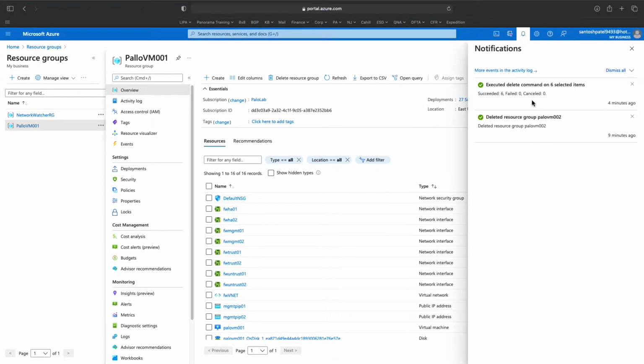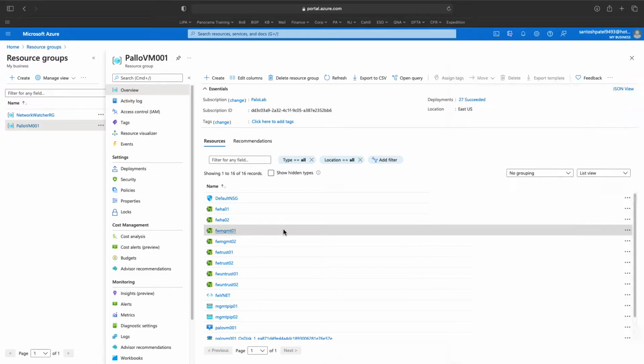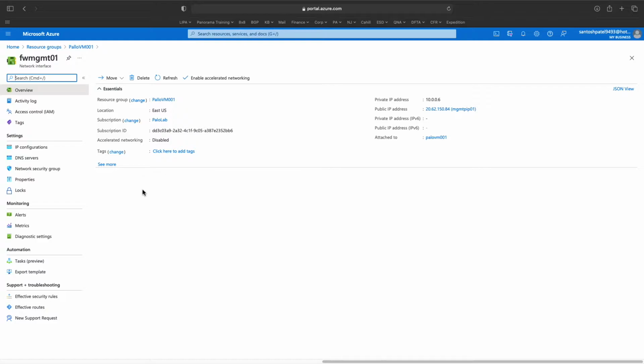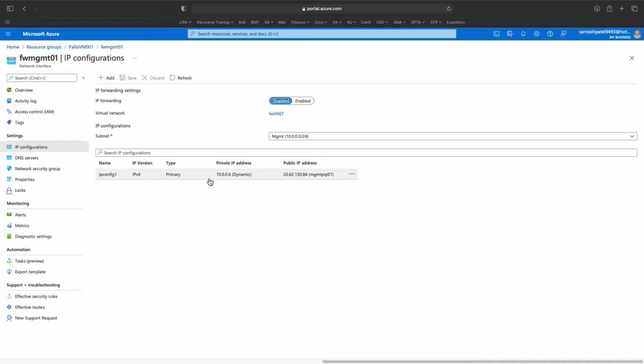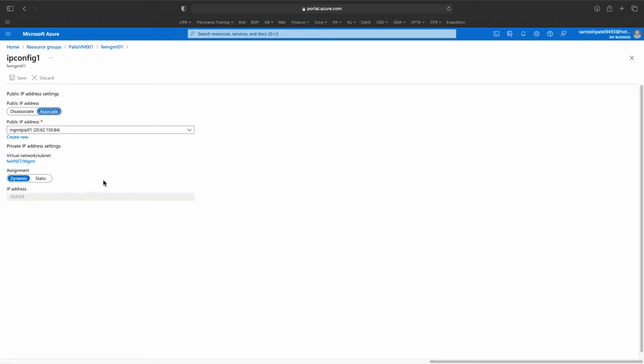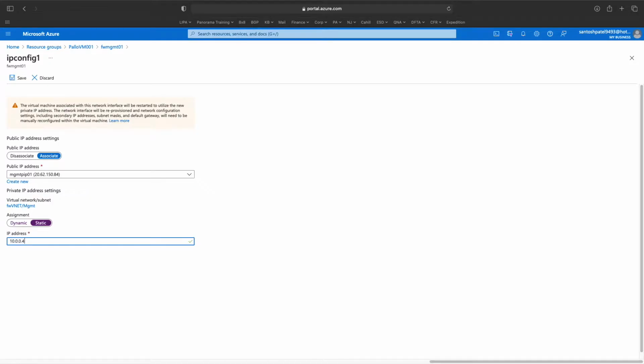All right, so all the network cards are removed, and let's go back and do the static IP address assignment, right? So firewall management 1, go to IP configuration. This says dynamic, so if the firewall reboots, you never know if it's going to use this specific IP or a different IP. We're going to make sure that we specifically select the IP address we want on each NIC card, right? So we're going to do 10.0.0.4, which is on management, save,